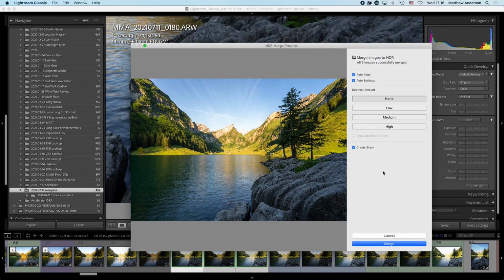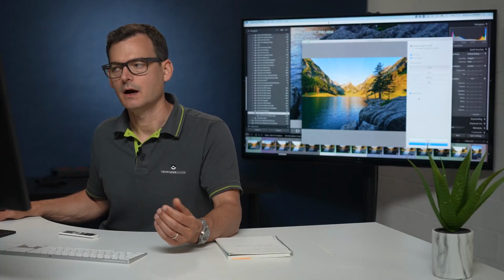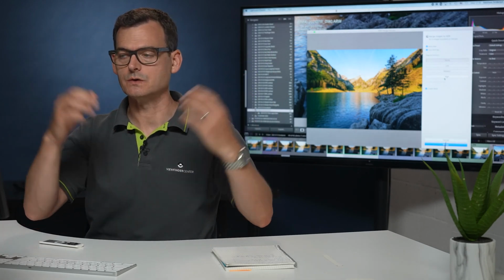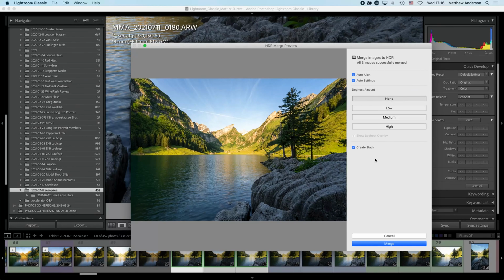We don't have a need for deghosting in this case. I don't have anybody passing through the frame. And I noticed sometimes when I have deghosting turned on, set to high, for example, and I've got a scene where there's clouds moving through, that sometimes it can do some pretty funny things to those clouds that doesn't really look natural. So I'm going to turn the deghosting to none,